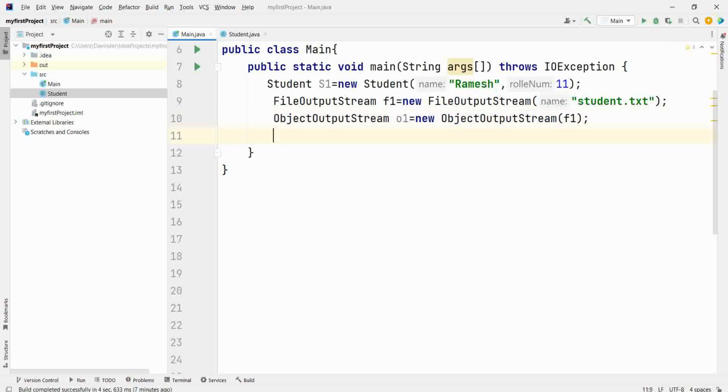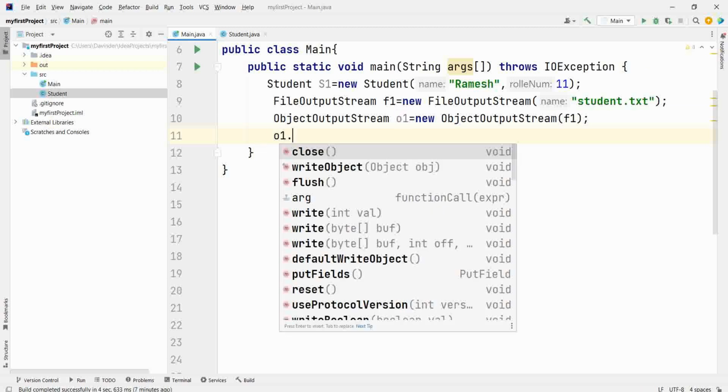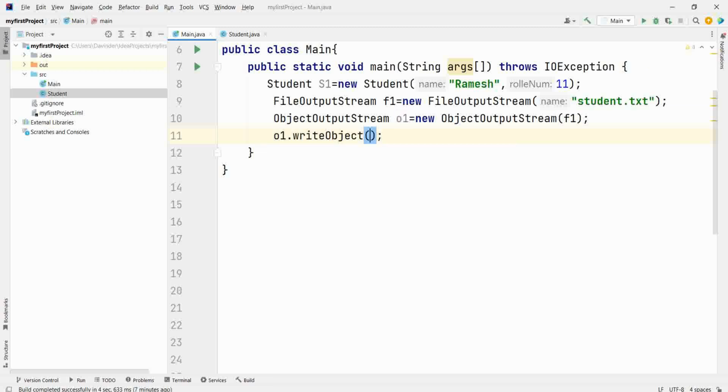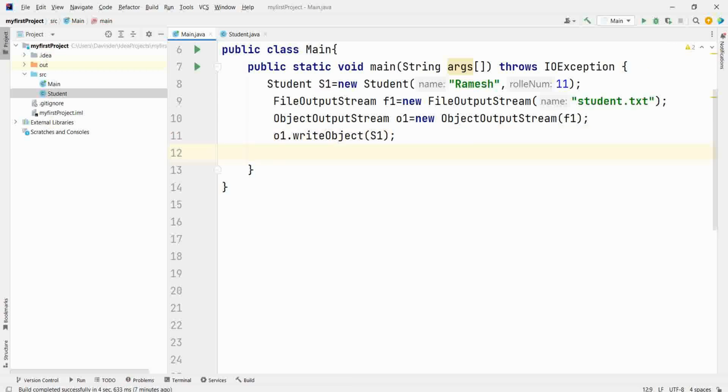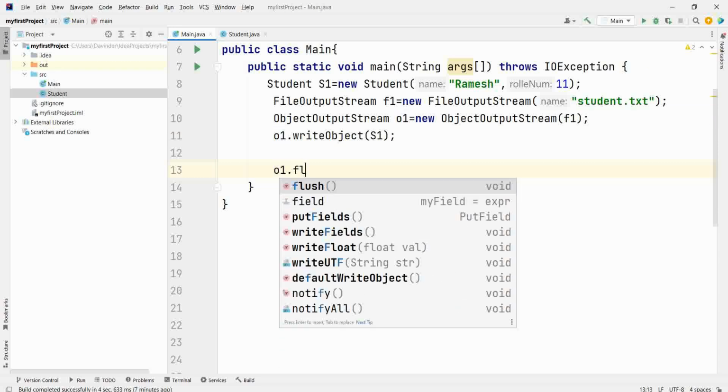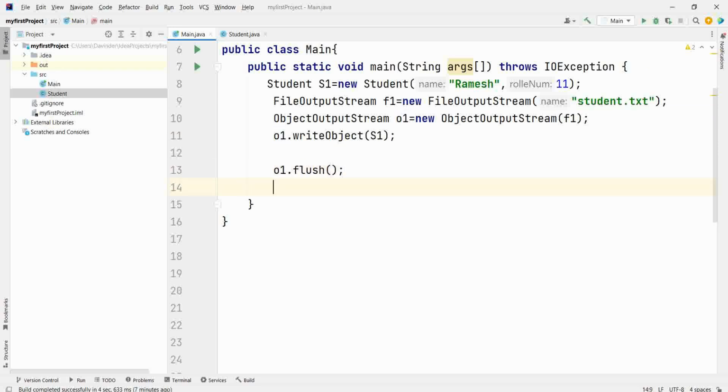Next, how to save it in the file? Object dot writeObject, student object. This one you need to save in the file. Now, object dot flush and then object dot close. It will save it in the file.